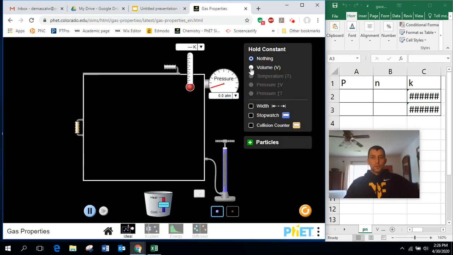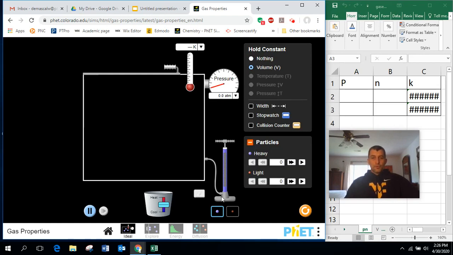So for the simulation, we're going to hold volume constant. We're going to look at how many particles we put in, and then we're going to fill in our little table over here. So P is pressure, N is amount, and then we have our K value. That's just the value of P divided by N. And what we should see is that, one, they're constant, but we should also see that as the amount of gas goes up,